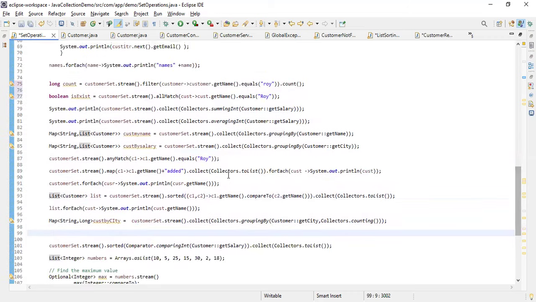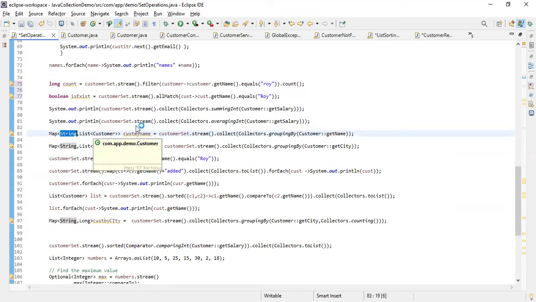If you want to get the complete string and the list, you can also get that with group by. If you are not passing a second parameter like counting or something like that, you can also group by the name. So what it is returning here is the name and then the total list of the customers. Based on the name it will group by here, correct? So whenever you have different customers here, based on the name it will be grouping by here, okay? So this way you can see the complete group by and the list here.